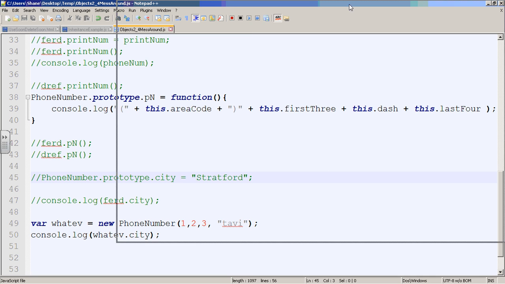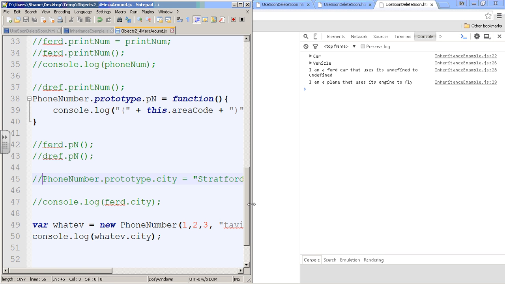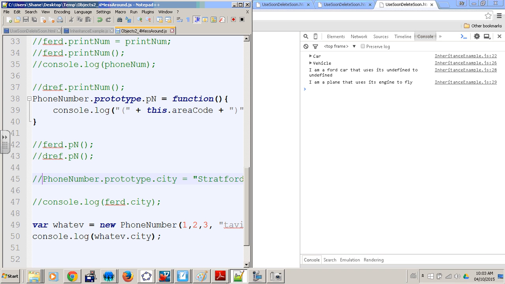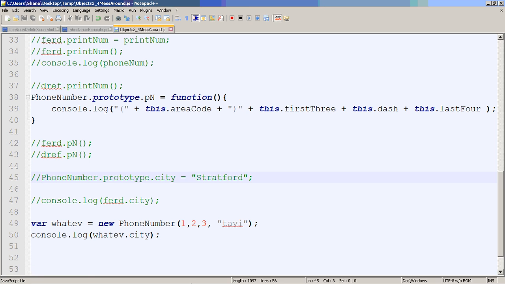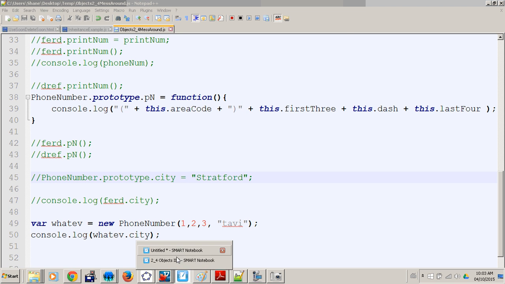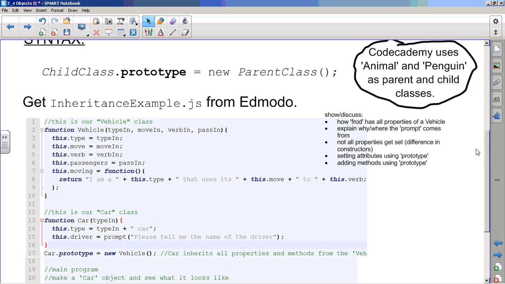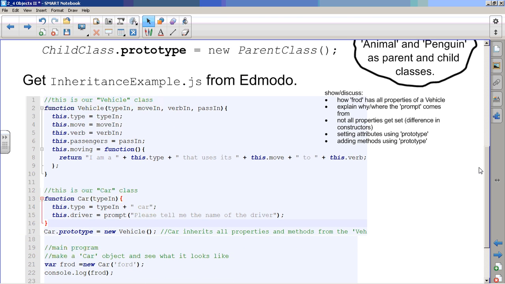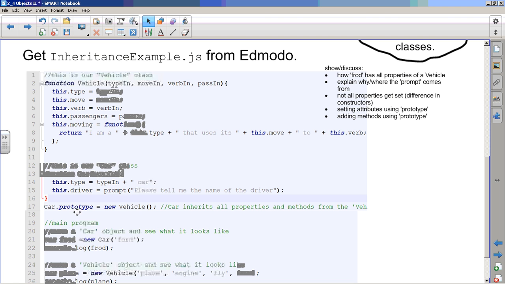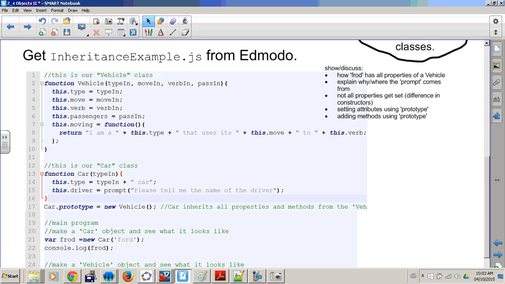So there's the JavaScript. And this is in the note. Let's go to the note. I'm going to go back to the note, because then I'll know what things I want to talk about. Okay, so it says, how fraud has all properties of a vehicle. So because I've attached, like, this fraud is a car, but since a car is a vehicle, it's got all of those properties as well. So if I were to console.log fraud, which I did,